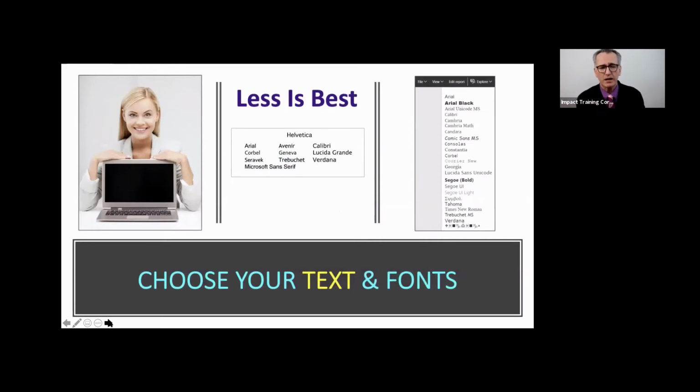The next thing I'd like you to make sure you're really comfortable with is choose your text. I see lots of PowerPoints with tons of different texts, and sometimes that's a really nice design, a little bit of this and a little bit of that. Now, there are things called fonts. In your computer, you'll have all of these different types of fonts. Arial, which is quite basic. Then you have all of these other things, and it shows you what they look like. Be careful when you pick your font, because if it looks very fancy, it might be difficult to read.